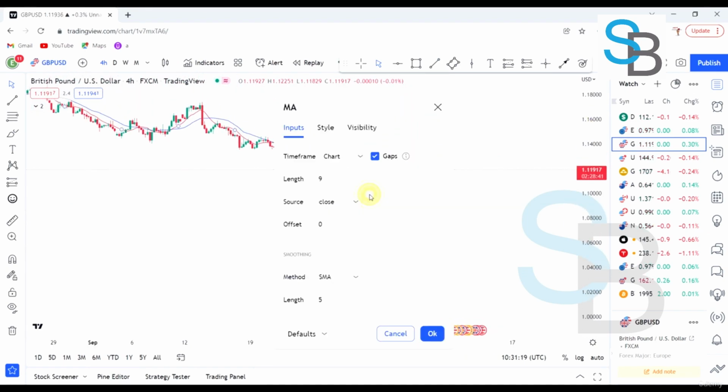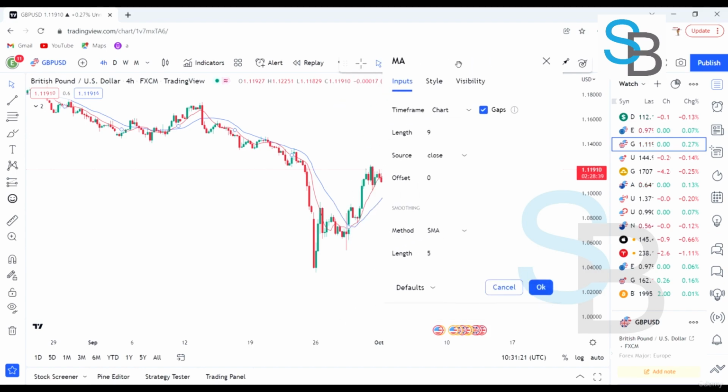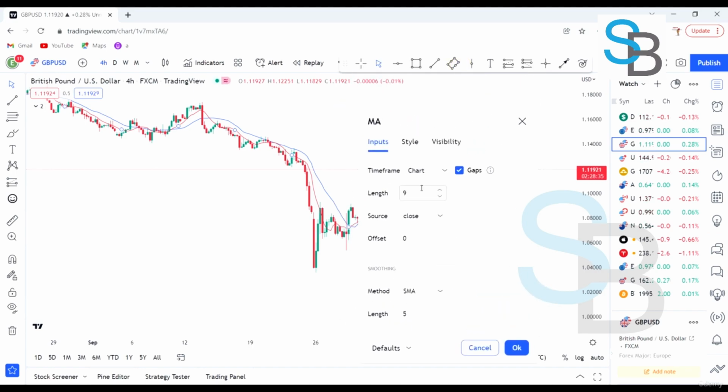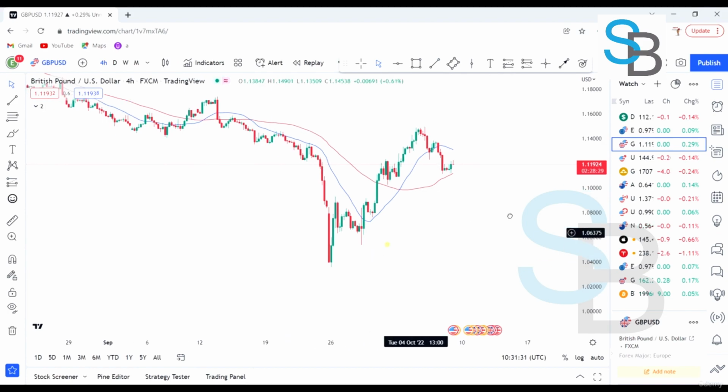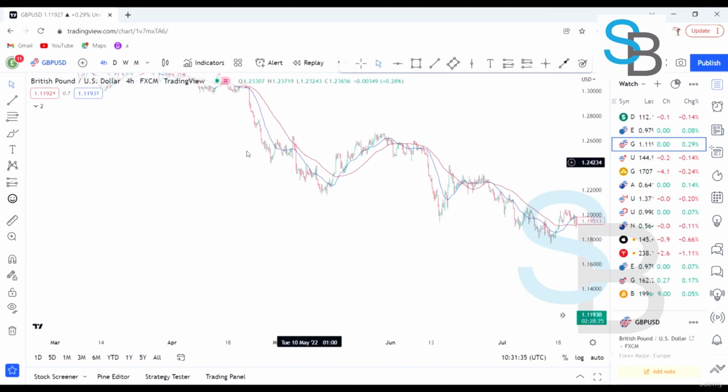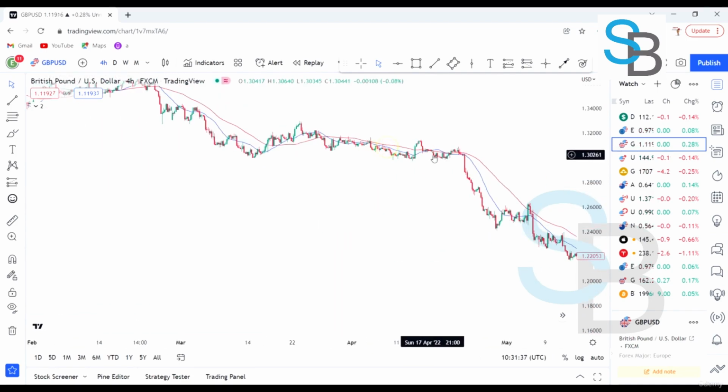Now, how do we use these moving averages to trade? How do we use them to trade? So let's just turn this 9 period to a 50 period moving average. When we make it 50 period, we tend to see that it expands more. So the way you typically trade with the moving average is